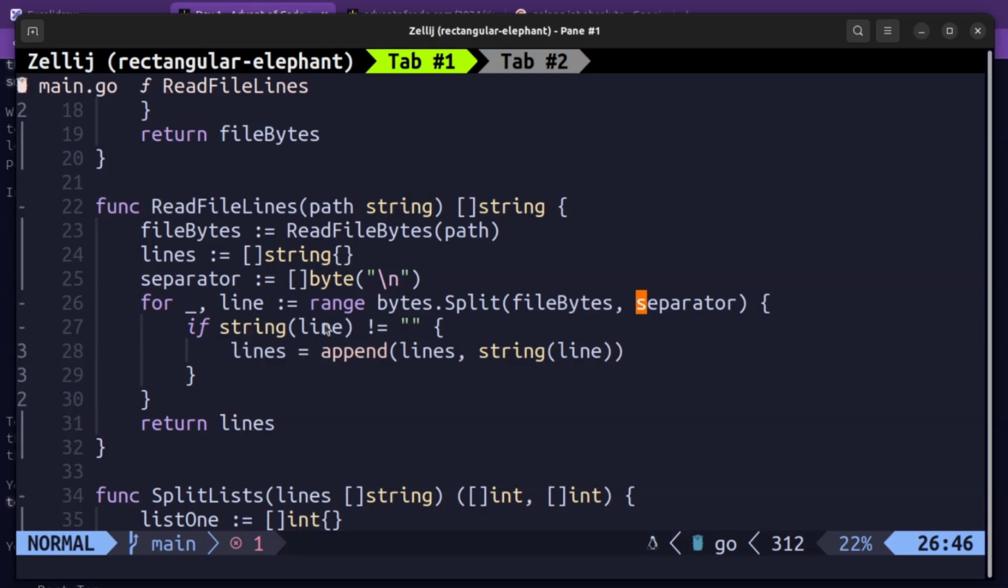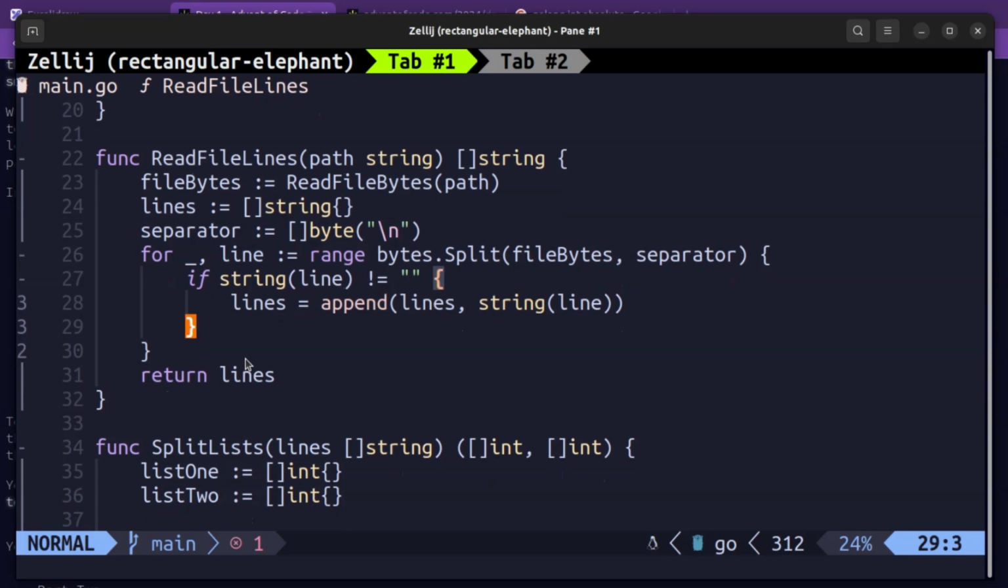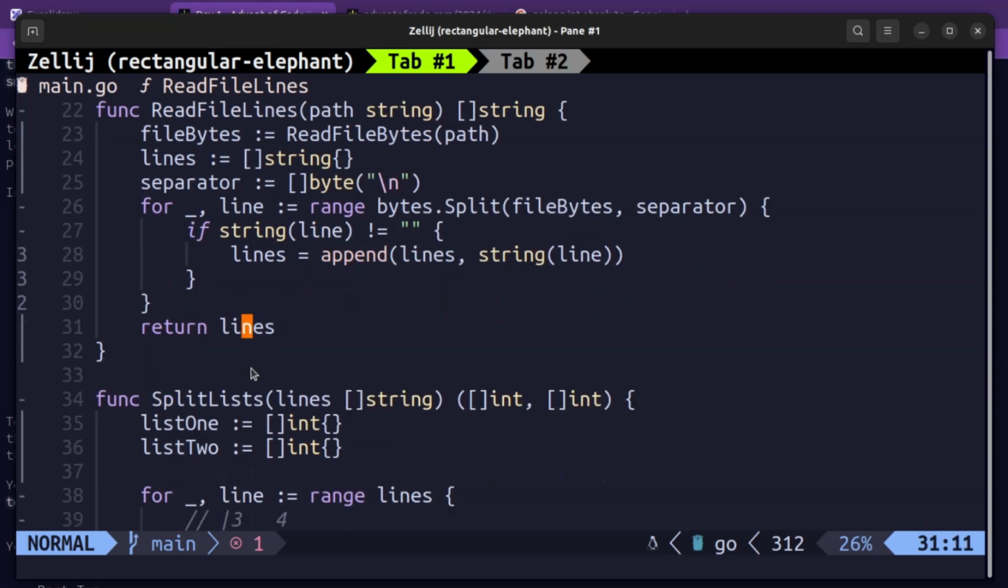And if that line is not empty, which is the case for the last line, we'll append that line converted into a string into the lines, which is initialized as an empty list of strings. So that will give us the list of all the lines individually. So if I try to print this